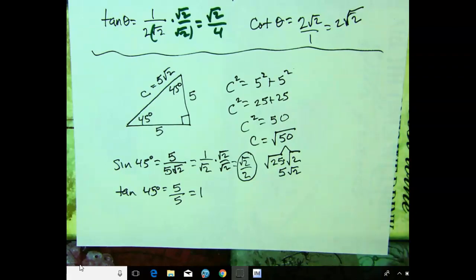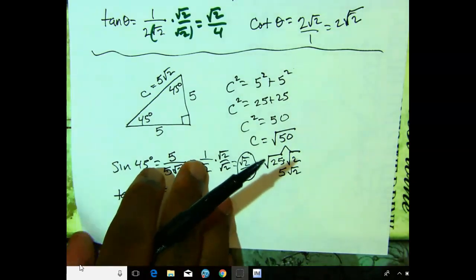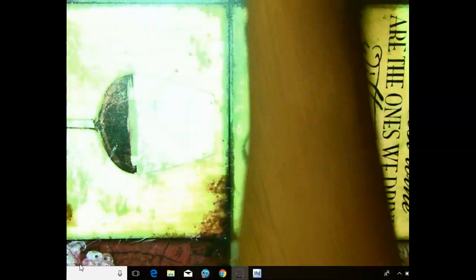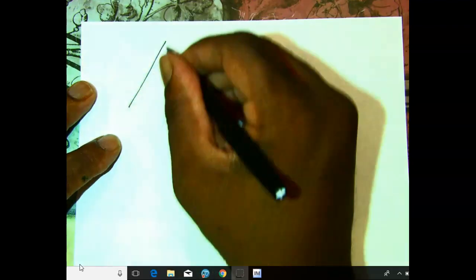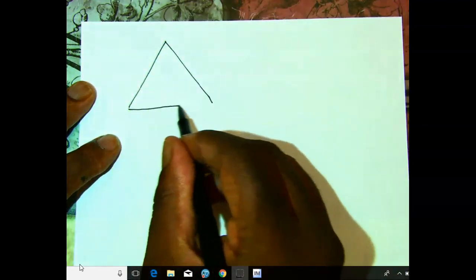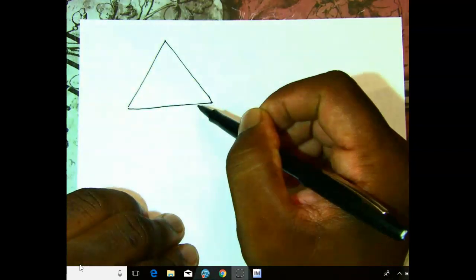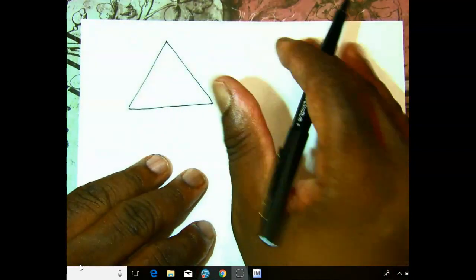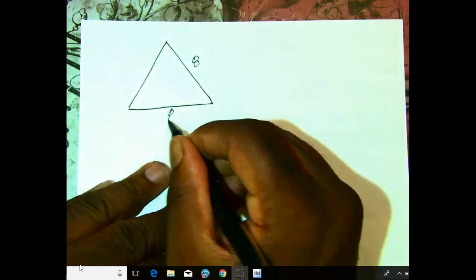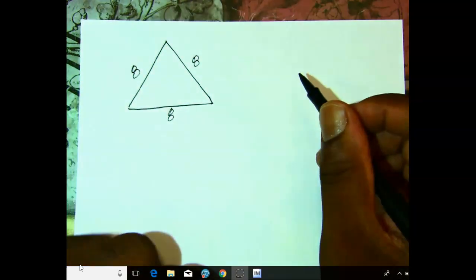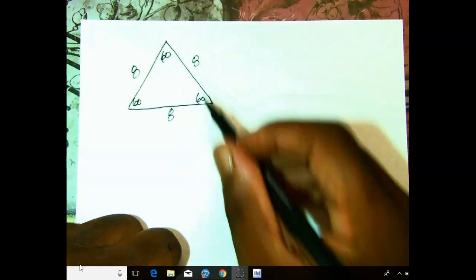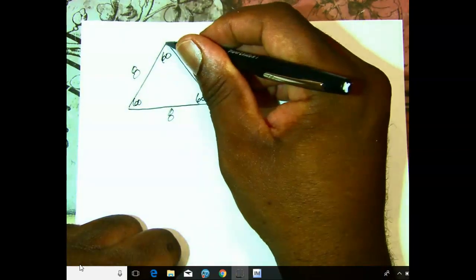So let's take a look then at the case of the 30, 60, 90. With the 30, 60, 90, we generated that triangle from an equilateral triangle. And we used the side length of 1 because we were using the unit circle. So let's say, though, that we have this equilateral triangle and all 3 sides are 8. So that means that all 3 of our angles are 60 degrees. Okay. And when we draw an altitude,